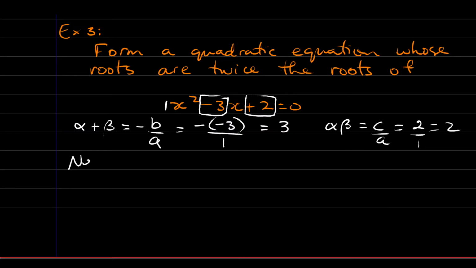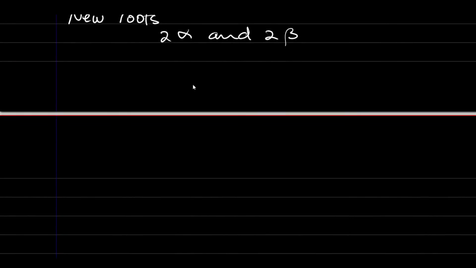The new roots, I'll just put this roots, right? The new roots are twice that of the roots for the original equation. So I'm going to take twice of alpha and twice of beta. Those are my new roots. Okay. Now, any quadratic equation can be formed as long as we have the sum and the product of the roots. So if this and this are my roots, then the sum of the roots,